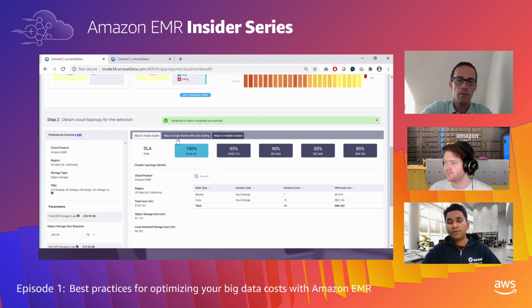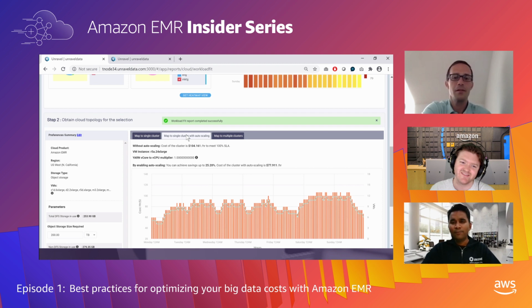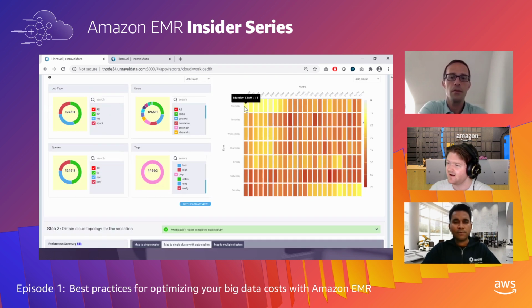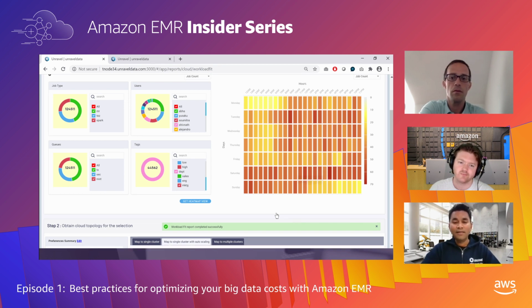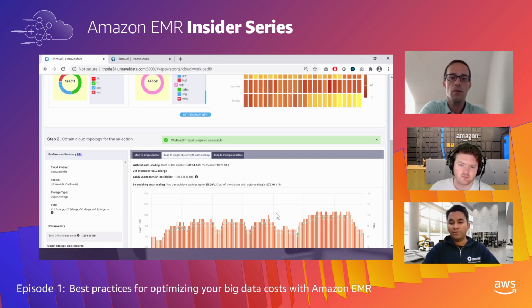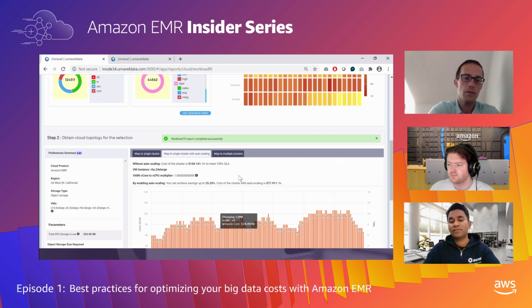So now, to further improve the cost and performance characteristics of this, we can see here, right? Certain days of the week, we're not using the cluster a whole lot, whereas the other days we're using it a lot. We can also enable auto scaling with all these EMR functionality that we have to further improve the efficiency and reduce the cost that we have in the cluster.